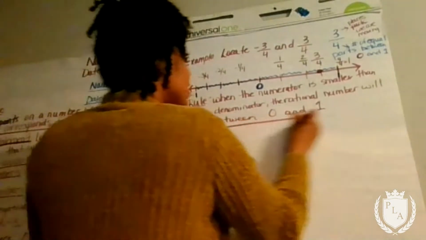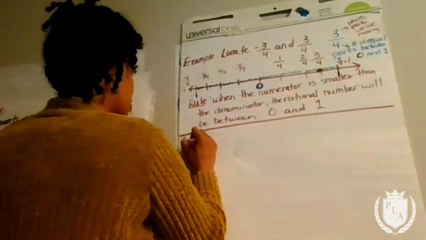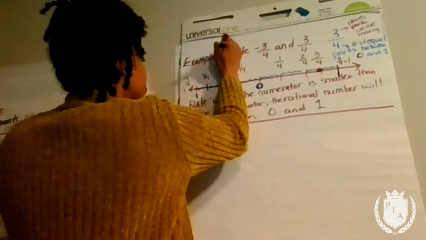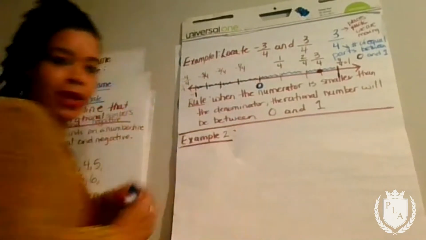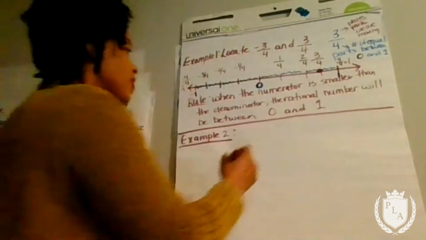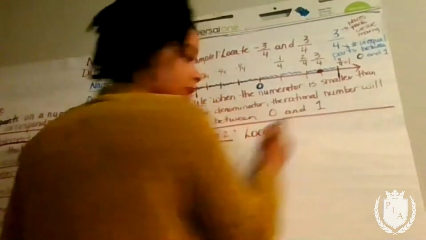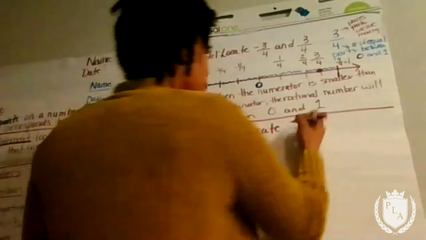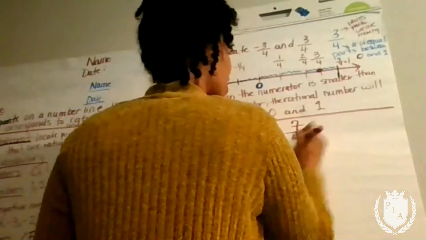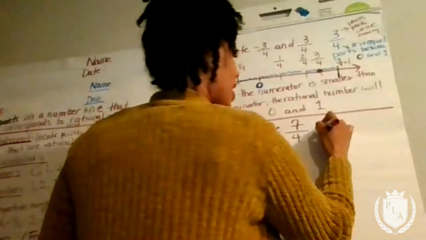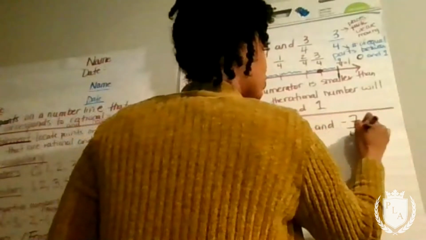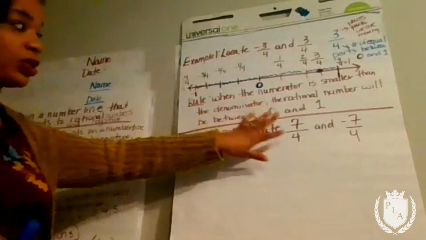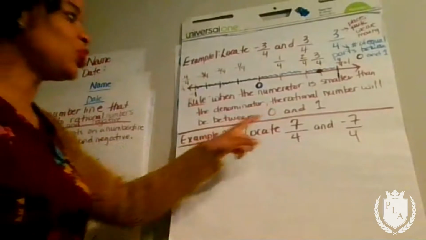Okay. So now let's look at example 2. This is example 1. This is going to be example 2. Okay? So we're going to locate another rational number. Remember, a rational number is a fraction. We're going to locate 7/4 and -7/4. Okay? But this time, if we look at our rational number, our fraction, we notice that the numerator is